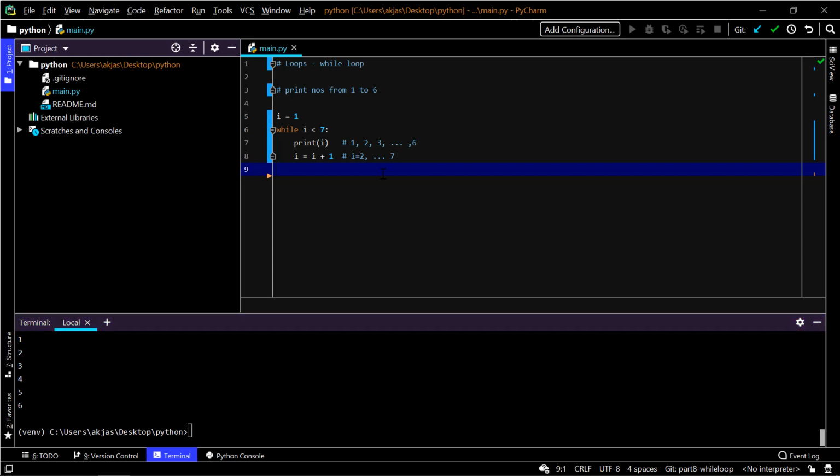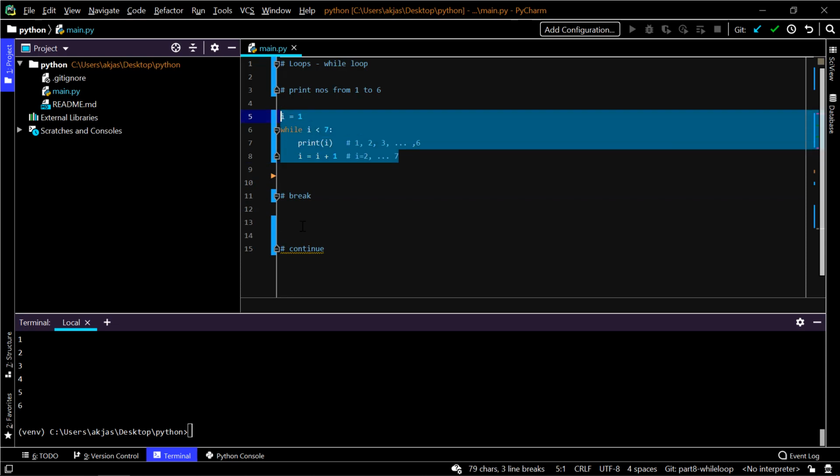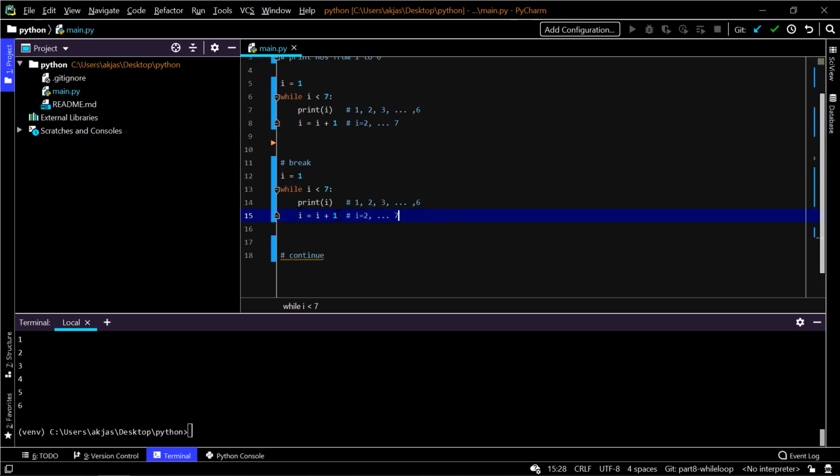And now I'll also talk about the concepts of break and continue. These are two very important concepts. So I'll start off with break. Now I'll just paste the same code in here to demonstrate the process, and I'll delete those comments